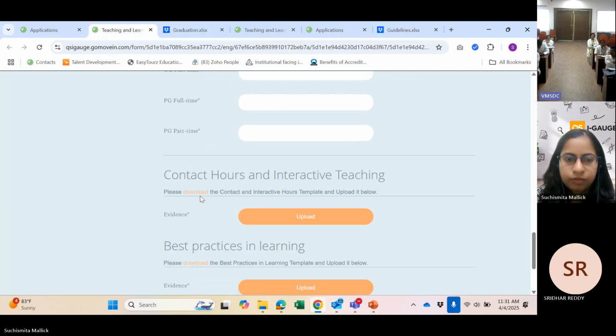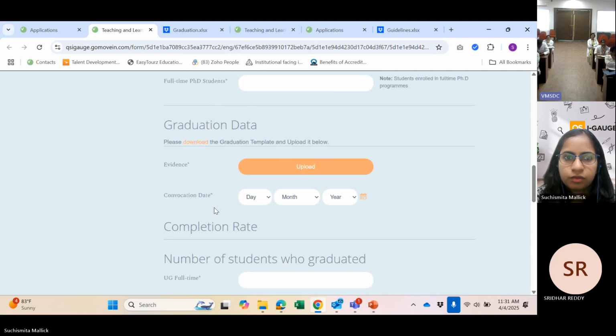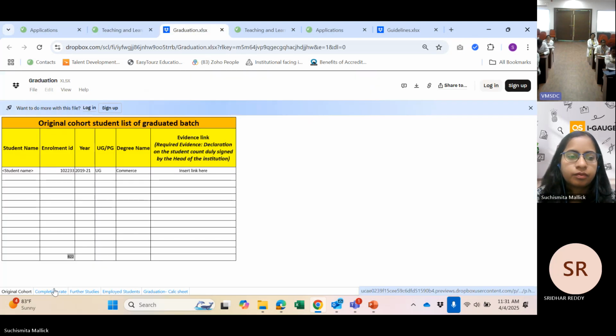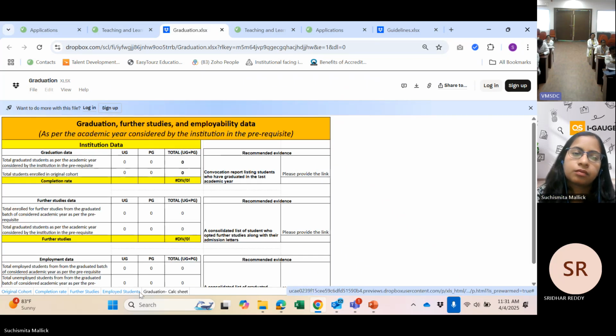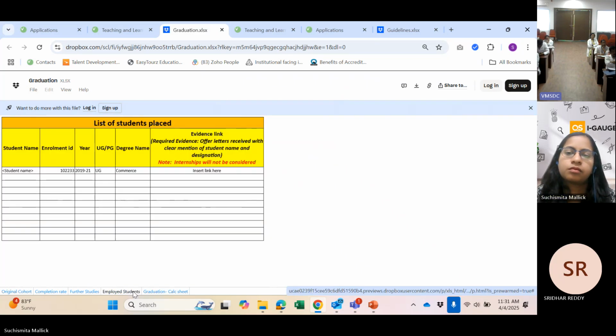Madam, coming to the graduation year, like now it is 25. Our graduation for the last year's students will be in the month of June or July. So now we are supposed to submit the data within the next six weeks, two months. Should we take these students who are waiting for graduation, because we have got the provisional